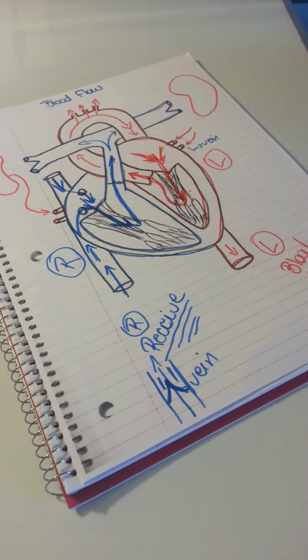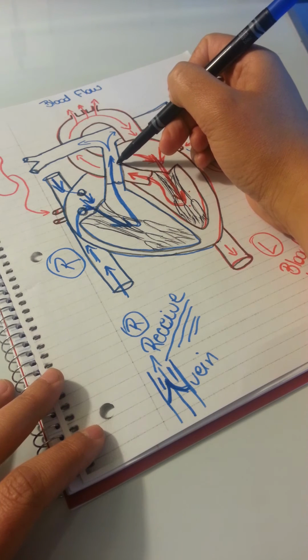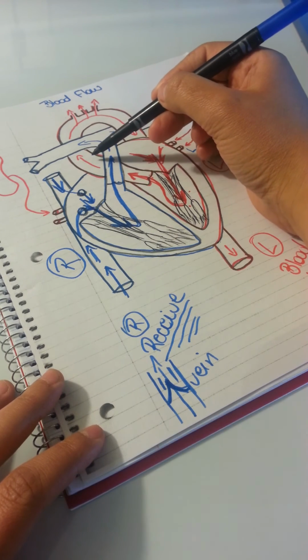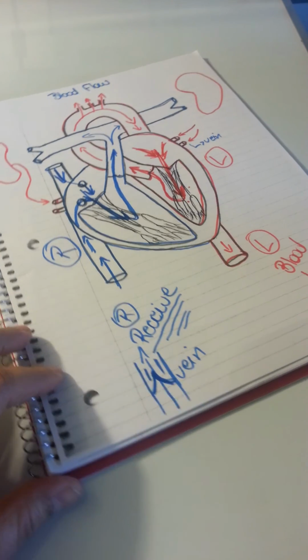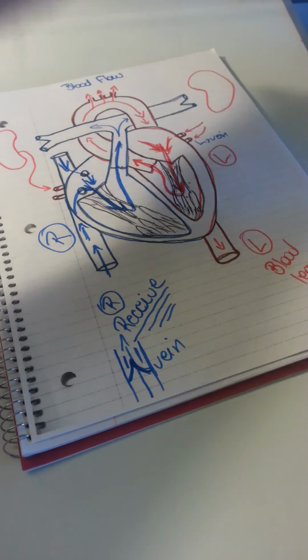recycled is deoxygenated. Blood that comes from the lungs towards the body is oxygenated blood. So don't say that veins carry only deoxygenated blood, because it's not true. The pulmonary artery carries deoxygenated blood, and the aorta, which is an artery, carries oxygenated blood, but it can also carry deoxygenated blood, like up here. Okay,